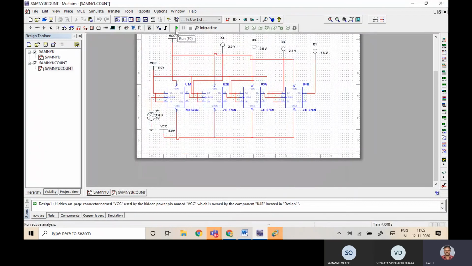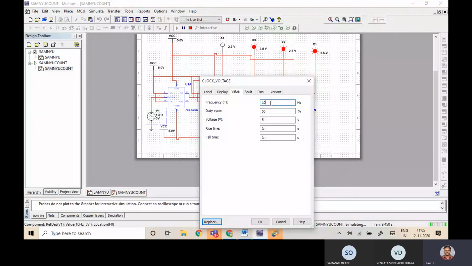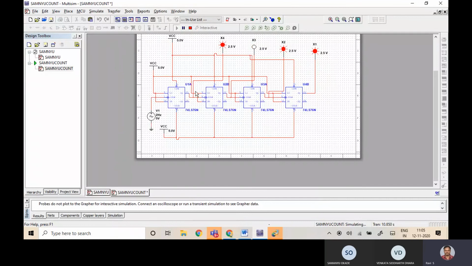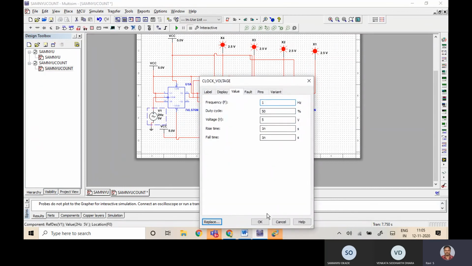So now the clock is ready. The moment you run, see, actually it is blinking. Guys, is it possible to see? Yes, sir. Okay, let me decrease the frequency to 2 hertz. Right now it has changed. Stop and then run again. See, it is happening. First 0, 1. Still, let me reduce the frequency to 1 hertz and see what happens.